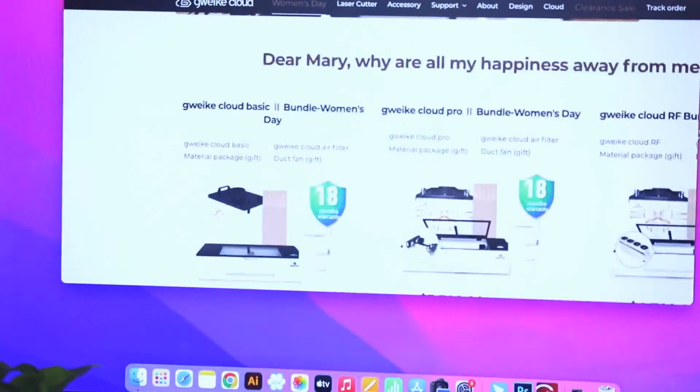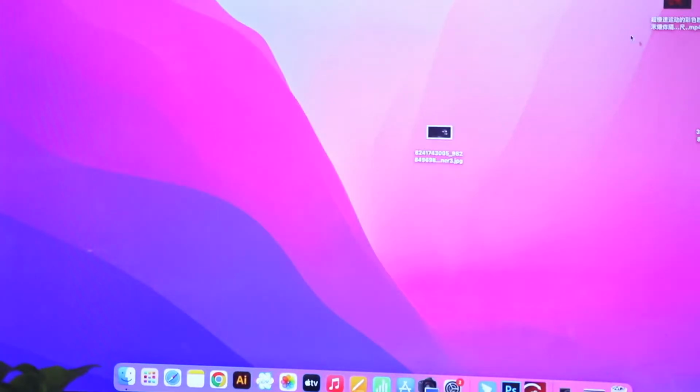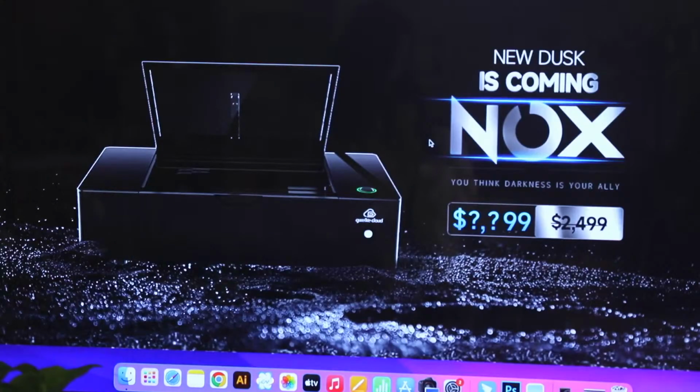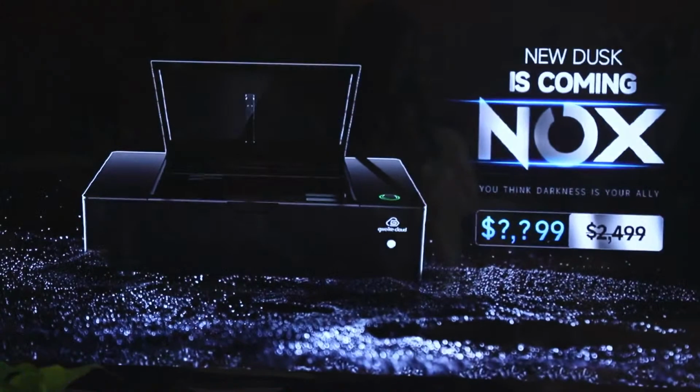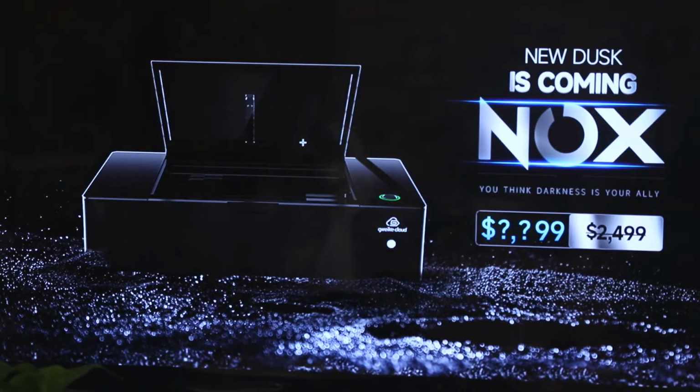Before I show you guys that we're gonna have a new launch right here, I'm gonna show you the picture of it because setting up the library is going to take some time. So we are going to launch a new machine. A new black one is coming. It's called Nux, and we have a special offer on the machine. You guys can have a look at this. It's a black design machine. It's just like our Pro 2, but the difference is that with this Nux you cannot use the rotary attachment. Other than this, it's a